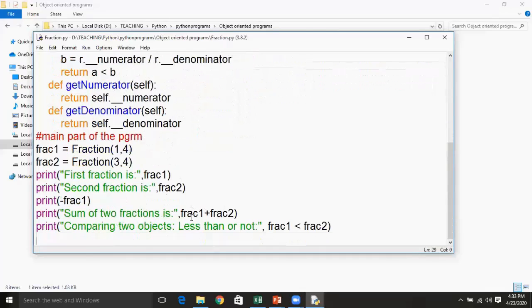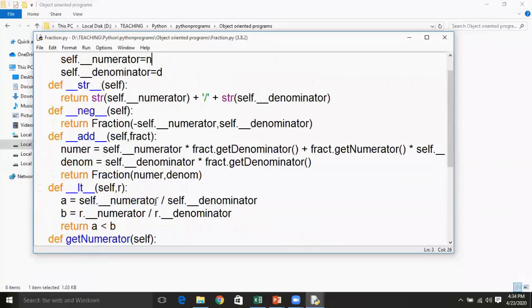While you are performing some operation on two objects, whether it is a relational operator or an arithmetic operator, whatever it is, the second parameter will be passed like an object, and it will act like the same object you passed after the operator. Here FRACT will act like a FRAC2 object.